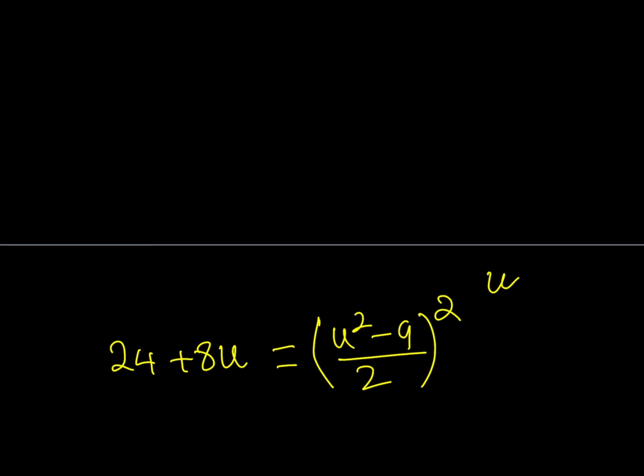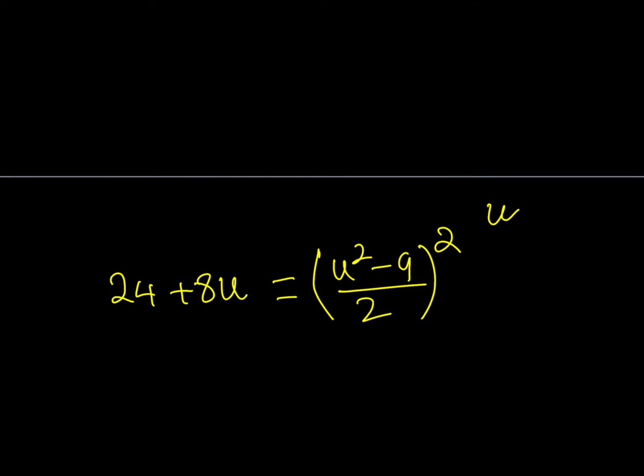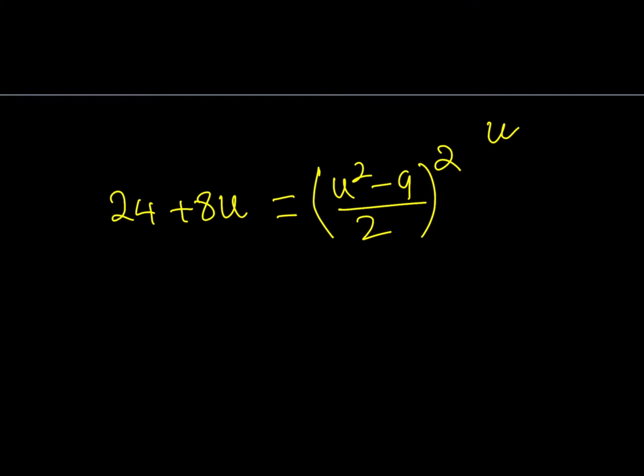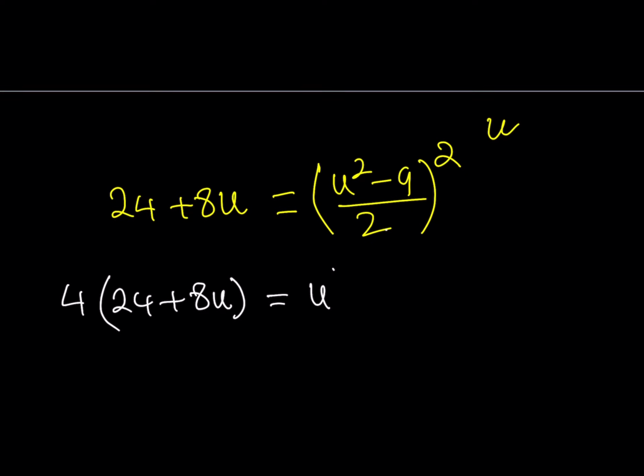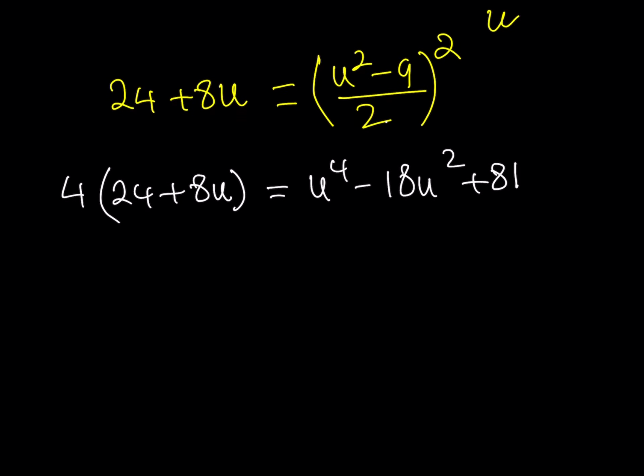Okay, cool. So what am I going to do? We're going to basically square both sides. So let's go ahead and do this. This is 24 plus 8u. When you square, you're going to get a 4 there, so let me put that down here. And then I need to square the top, which is u to the 4th minus 18u squared plus 81. Awesome. So what I'd like to do next is